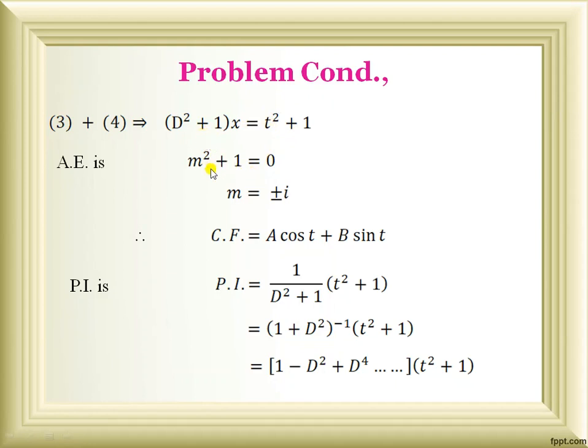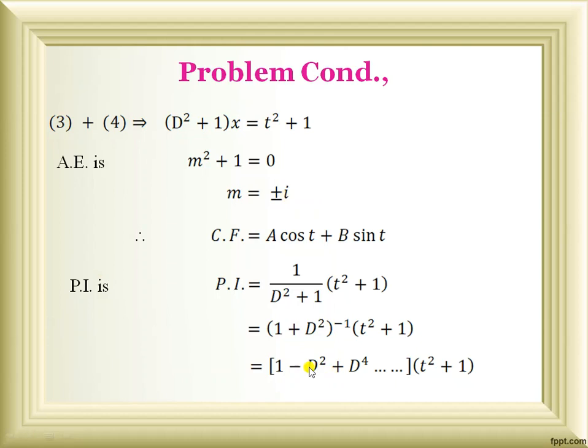First, for finding the C.F., I write the auxiliary equation. The auxiliary equation is nothing but the supporting equation. For that, I am replacing D is equal to m in f of D. The function of D is D square plus 1. After replacing D is equal to m, I will get m square plus 1 is equal to 0. Always 0 in the right hand side of the auxiliary equation. After solving this, I get m is equal to plus or minus i. The roots are complex, of the form alpha plus or minus i beta. In place of alpha I have 0, and beta is nothing but the i coefficient, that is 1.